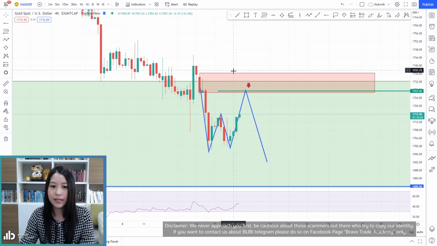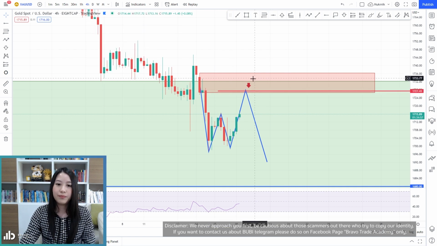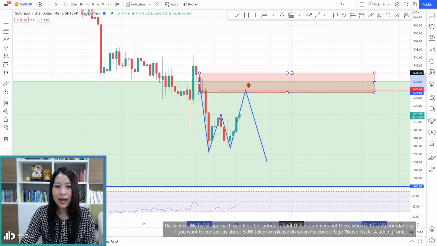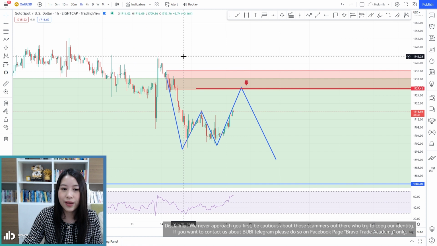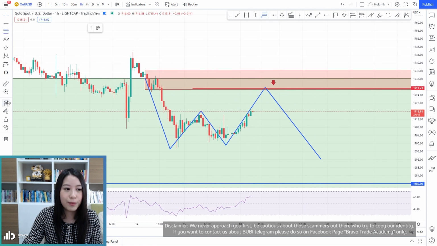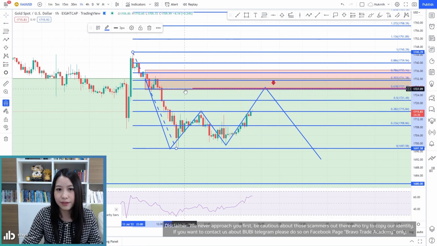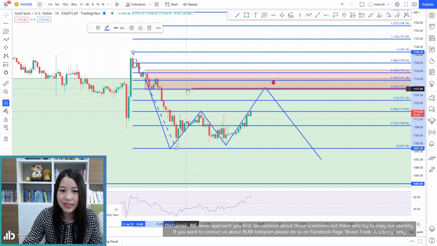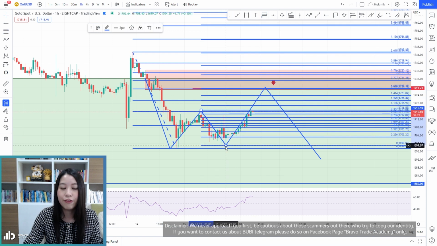So that's the entry point. That's our first plan, okay? What's another thing that we have at this point is in the 1-hour time frame. So in the 1-hour time frame, we use this Fibonacci confluence. All right, so that's the first set of the Fibonacci. So we use the Fibonacci retracement for the first set, and the second set that we used was this Fibonacci